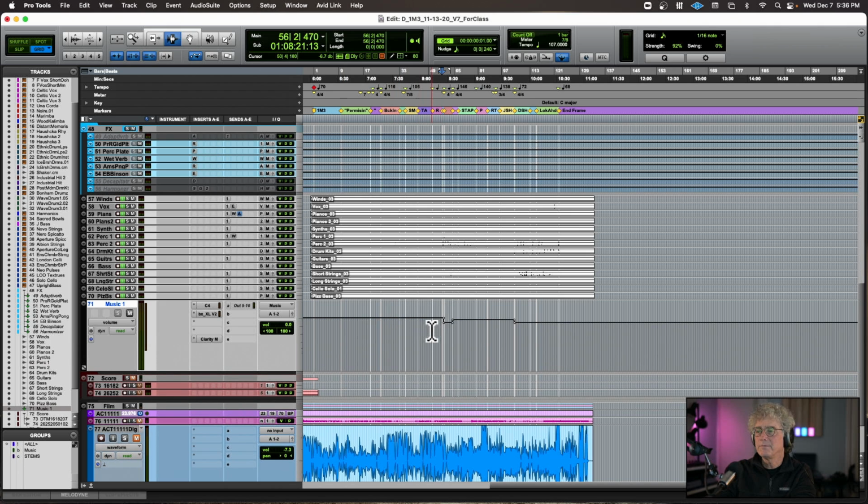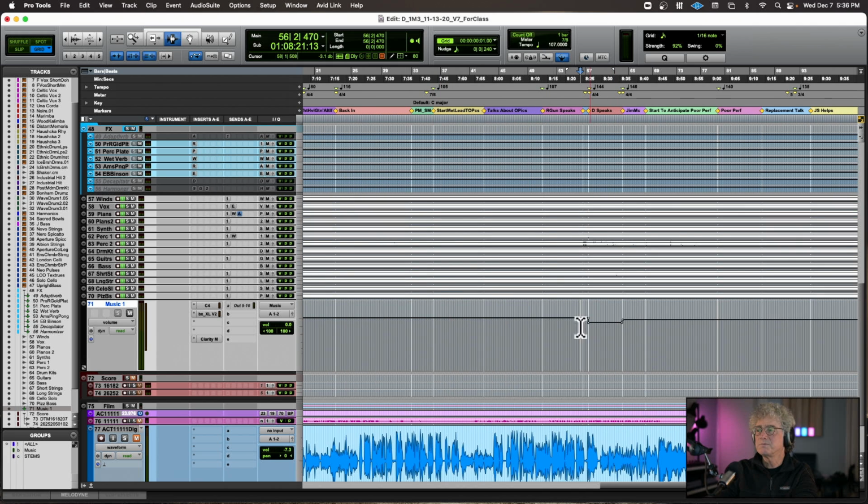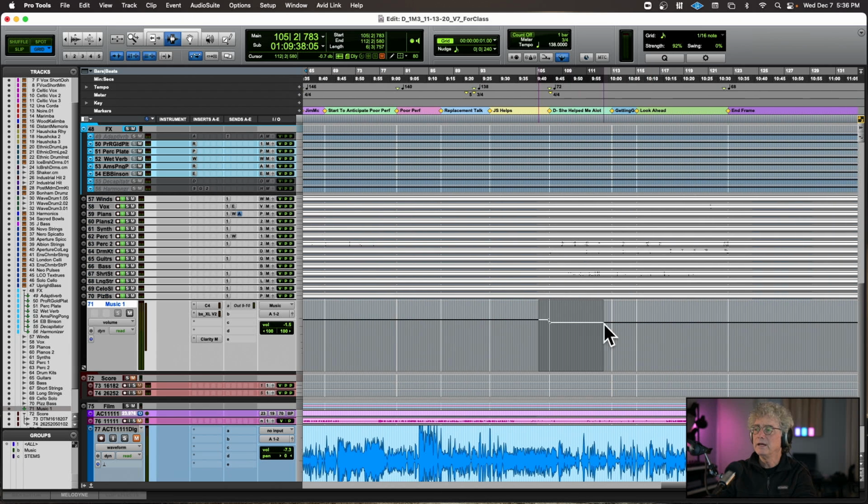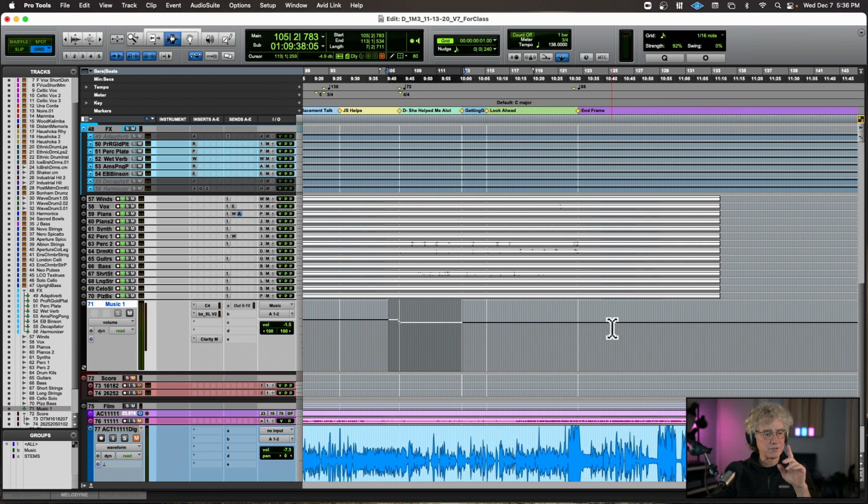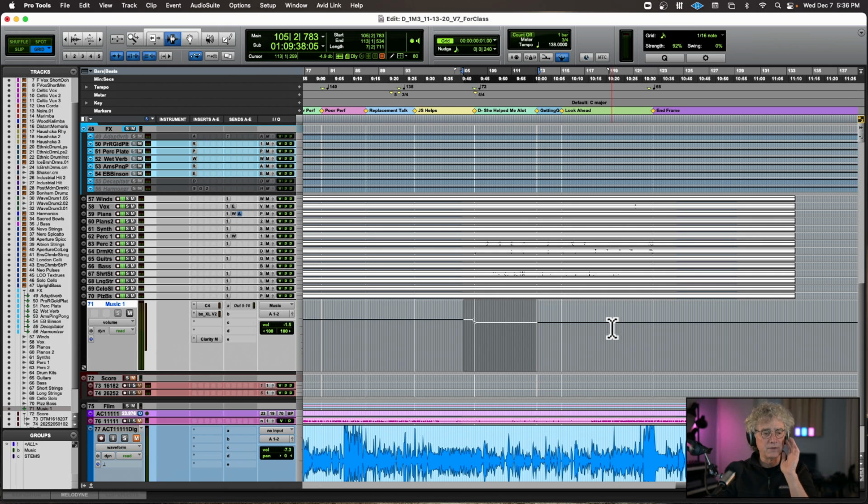Now, you'll notice that I've got all of these stems going through a music track, and that means I have a master volume control for the entire score. And you notice that in a couple of spots, like here and here, I dipped the volume down so that it wasn't getting in the way of the dialogue on the film.